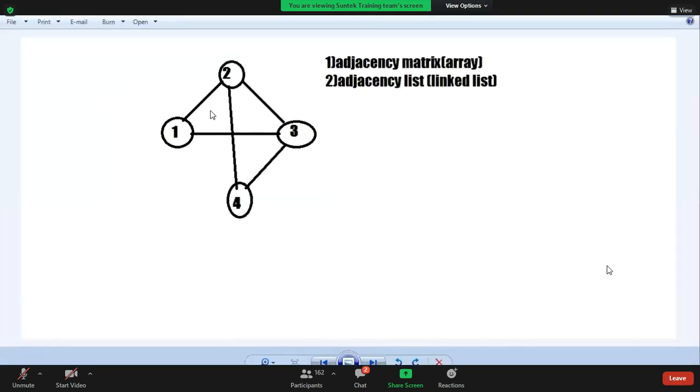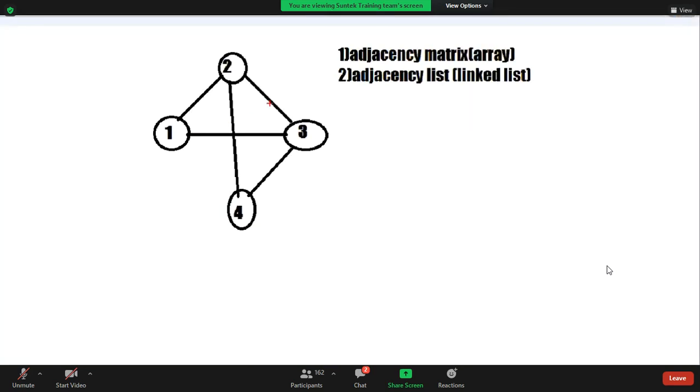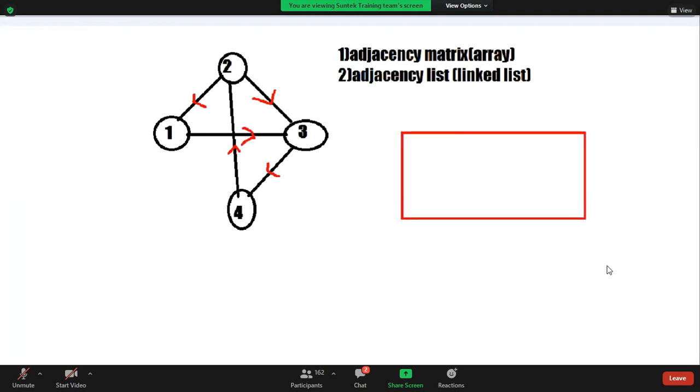This is also an undirected graph only. For example, give the direction like this. Yeah, this is a directed graph, guys. Draw the diagram. Weighted graphs. For example, weighted graphs. What is a weighted graph?